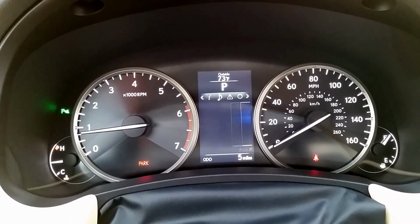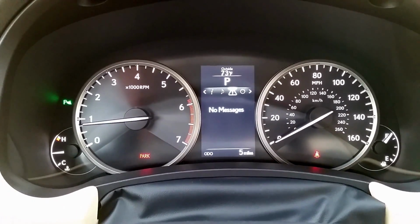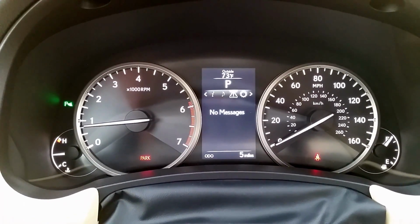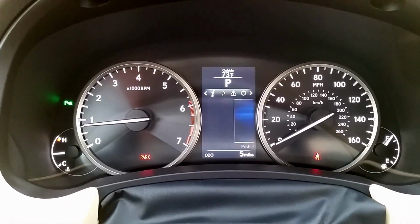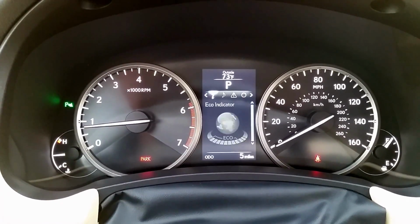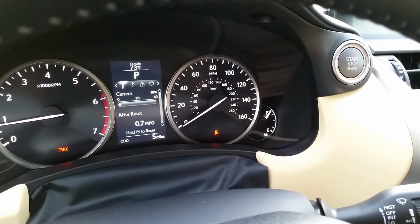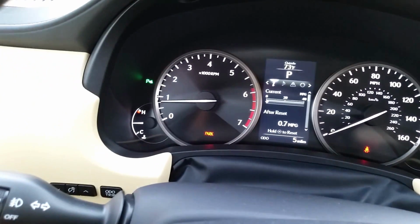And so I'm pressing to the right now, and there's radio, there's no messages right now that are pertinent, and then you have settings, information. So I can go over to information. I'm pressing down now, and that's all my fuel economy information. Pretty neat. Then my speedometer is on the right, fuel gauge is on the far right, then tachometer and engine